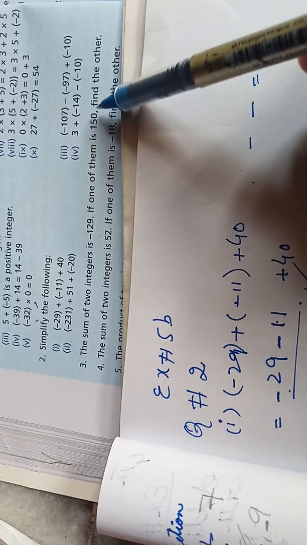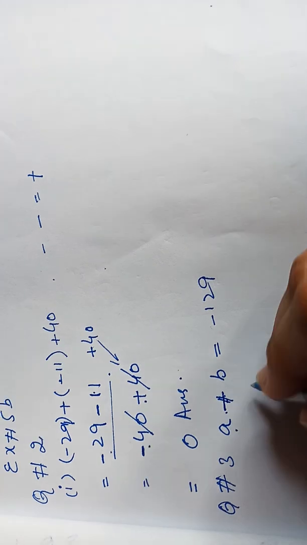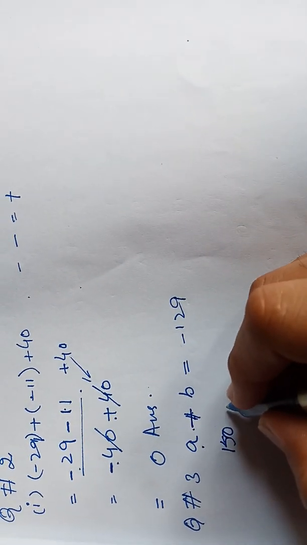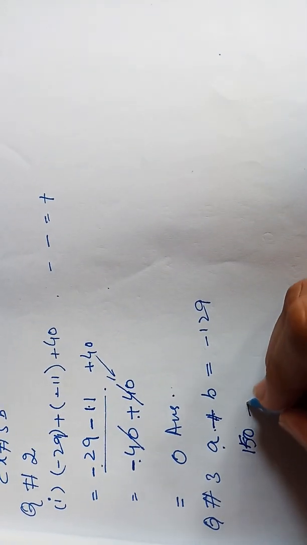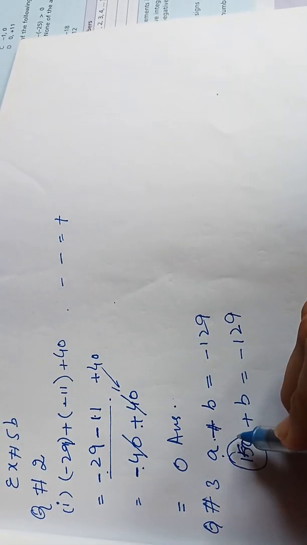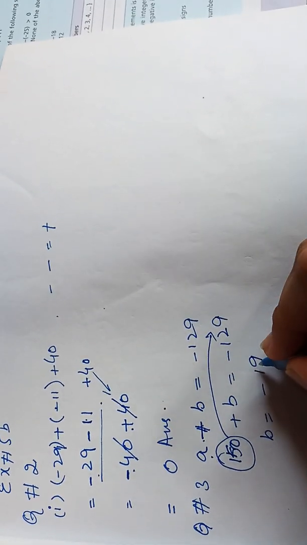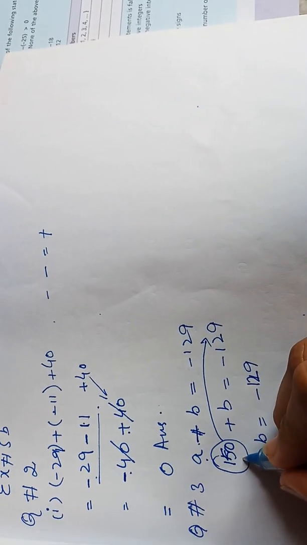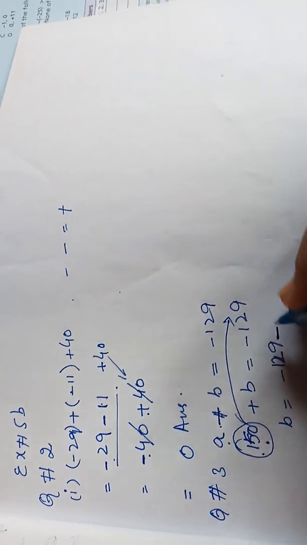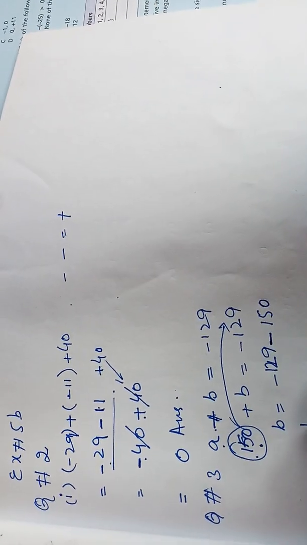One of them is 150. Find the other. Suppose one integer is 150 and you have to find the other integer. So b is this, minus 129. 150 is being added over here, and when we take it to the other side of the equal sign, it will become negative. So it will become minus 150. So the other integer is